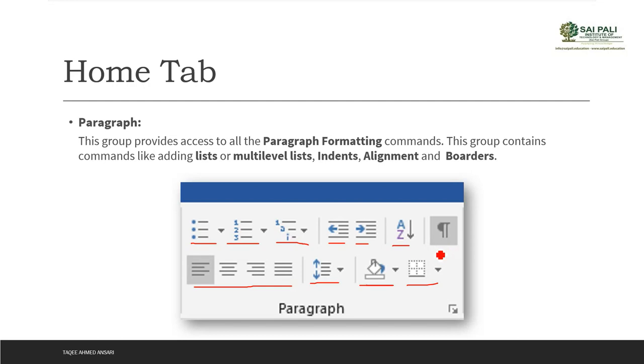And then you have this command, the show hide command. It shows those tabs, spaces, page breaks, section breaks, whatever we add in our document, those things do not appear normally. When you press tab, it will move the insertion point without typing anything. So those are like empty things. So if you don't know where those things are, you can just enable this show hide command and it will show you all those things. Again, you have some advanced commands with this settings also.